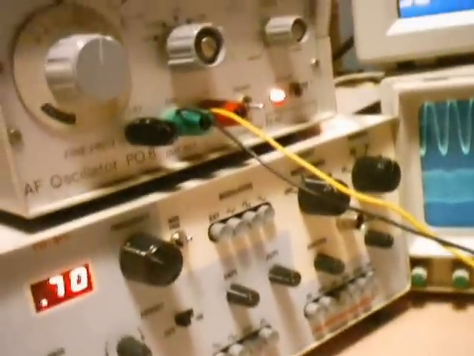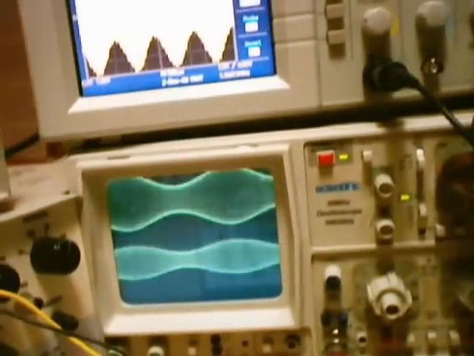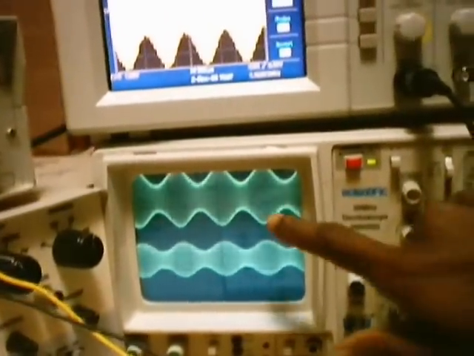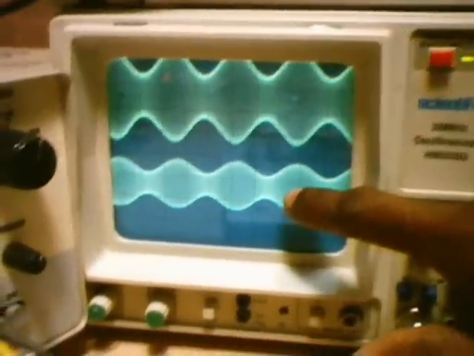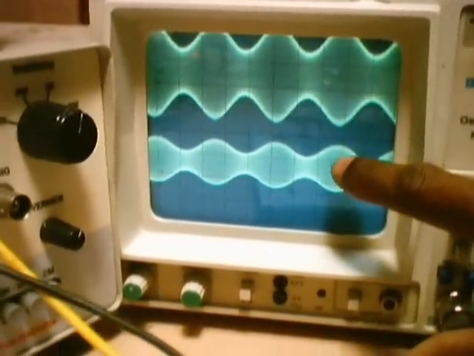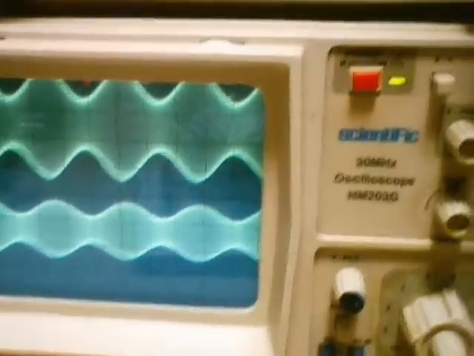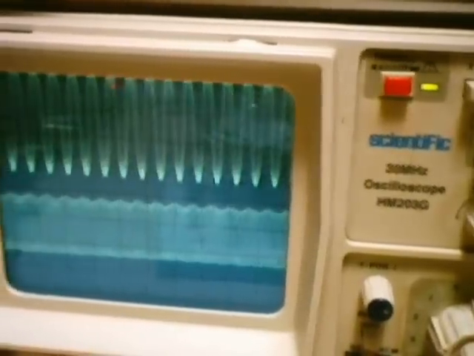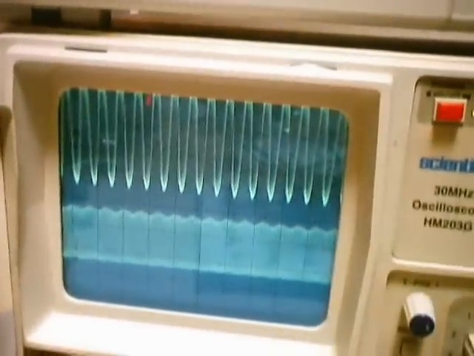Now suppose I go back and see, you can see this is my input AM signal, this is the output AM signal. So there is no difference in the envelopes. So my message signals will never be altered. The only thing that changes is the carrier frequency. You can see the carrier frequency of the input is high, the carrier frequency of the output is less.